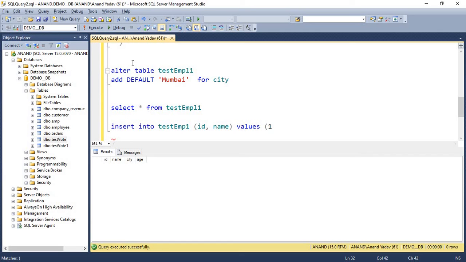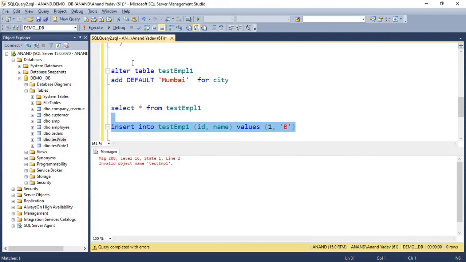So id will be 1 and the name of the candidate is B, and the default value of city, oh, we forgot to give the table name.